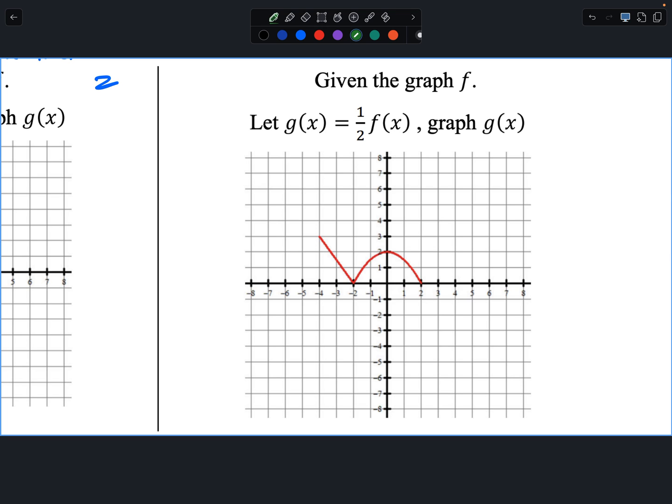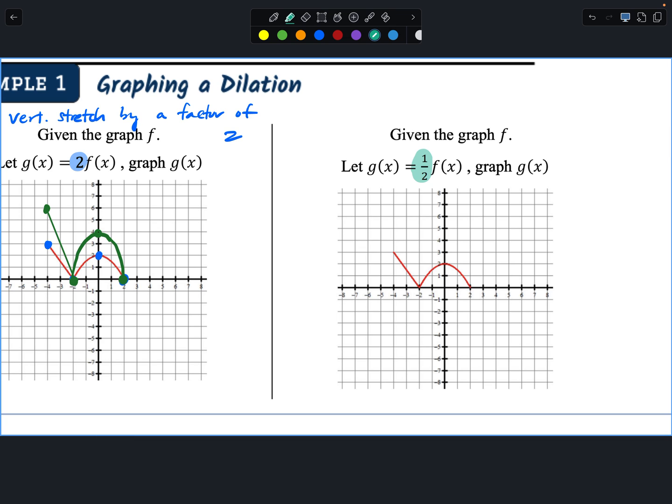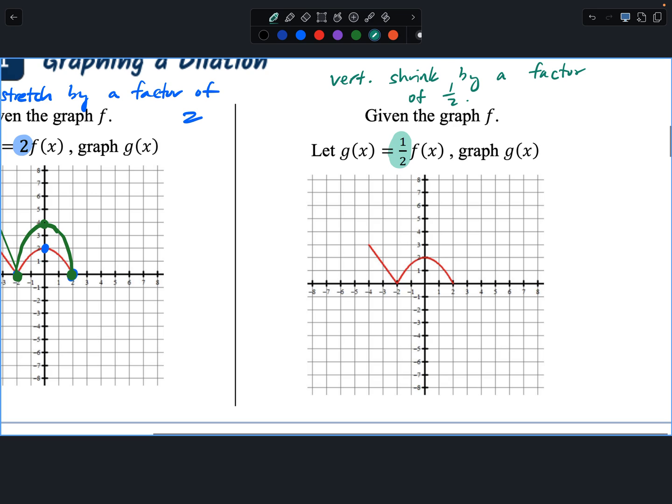Inside or outside? Outside, so it's vertical again. But just thinking about it, guys, if you multiply something by a half, it makes sense that it's getting smaller, right? So this is a vertical shrink by a factor of 1/2. So you're going to do the exact same thing. You're going to look at the y values and then just cut them in half. If I pick the same points,